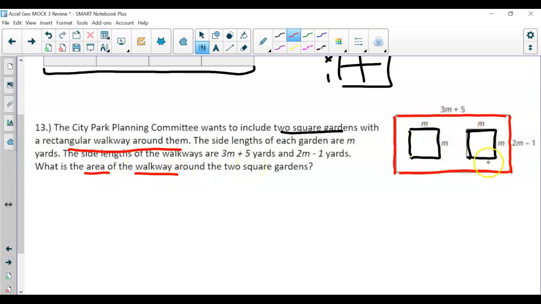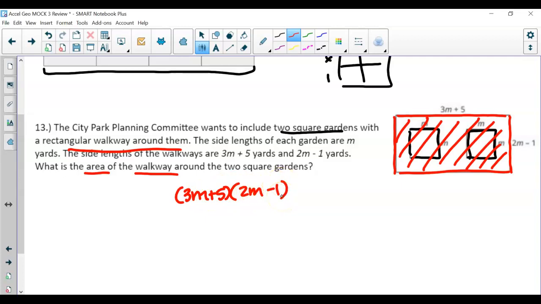So we don't want the area of the whole thing, right? We don't want the area of this entire rectangle, which is 3m plus 5 times 2m minus 1. Now, we still need the area, right? But then what do we have to do? Well, we need to take out the areas here from the two squares, right? So if you recall, if this is m and m, well, m times m is m squared, because that's area, right? Multiplying length times width, m times m is m squared. So we're going to find the area of this entire rectangular section, but then take